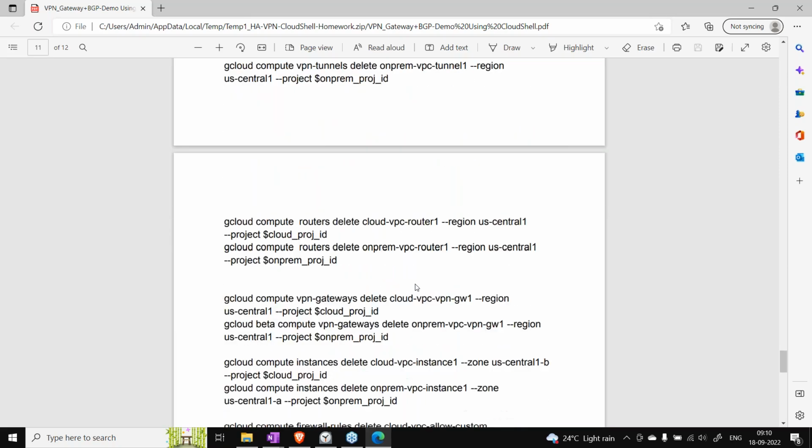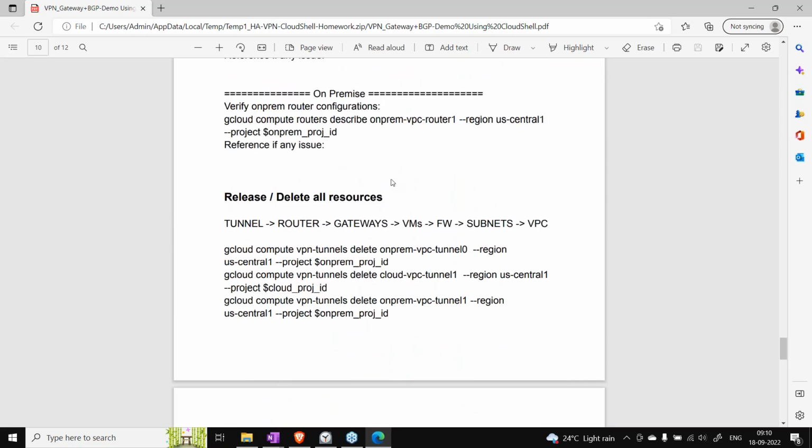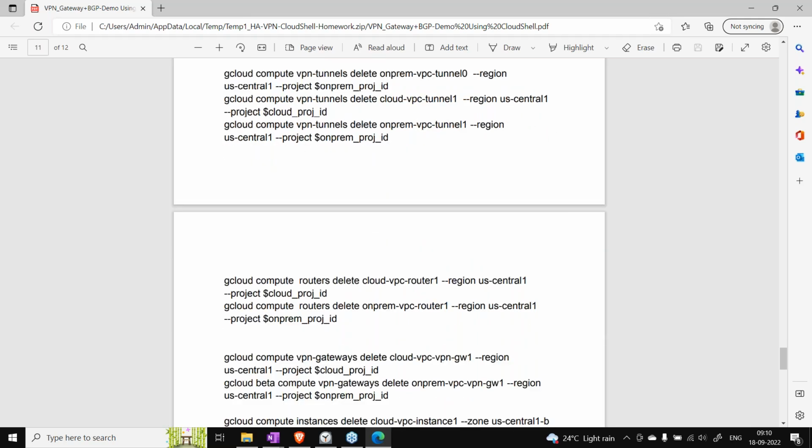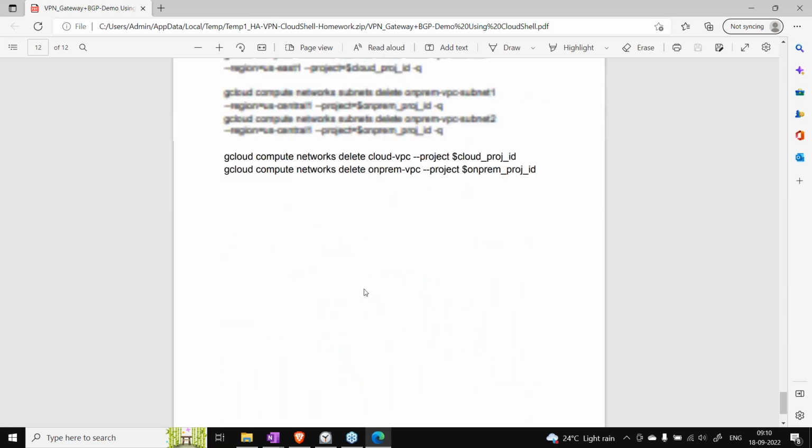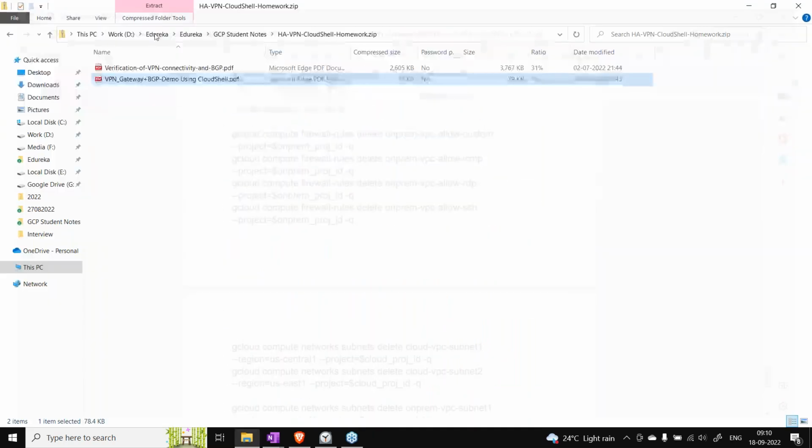So if you want to try out, you can try out using gcloud commands also. But again, it will be difficult for me to write down the steps for the console. Finally, you can delete these resources in this way also, using the same gcloud commands. I have kept everything in this particular document, so follow that one.